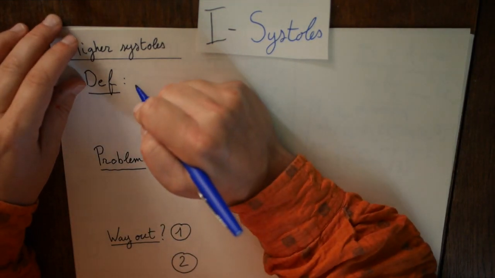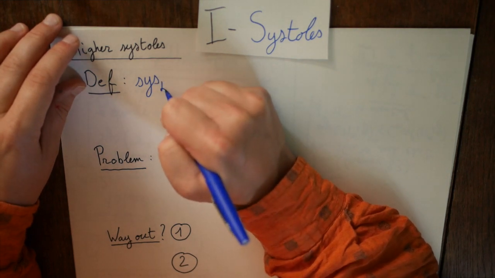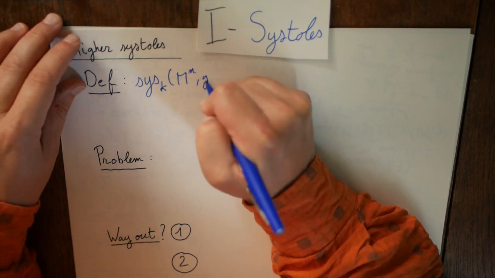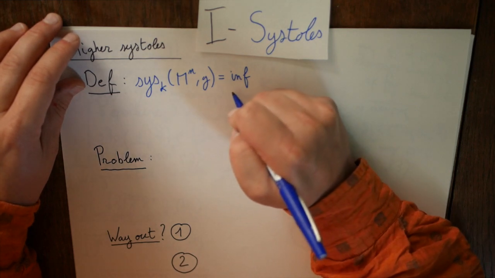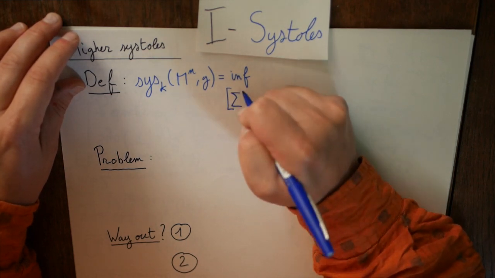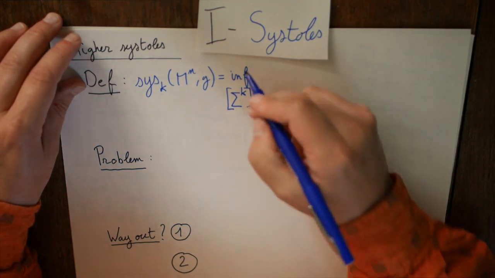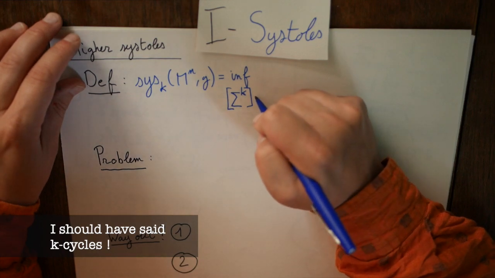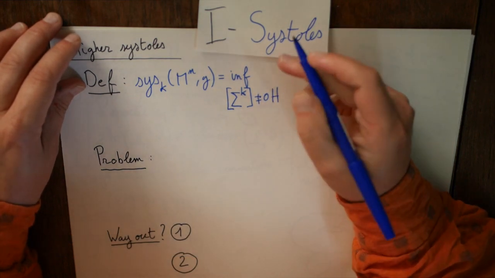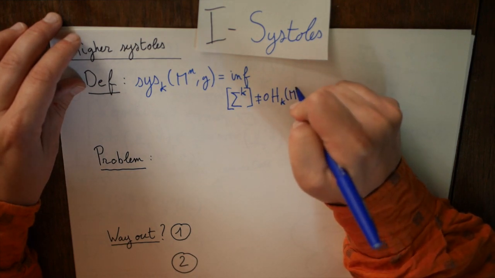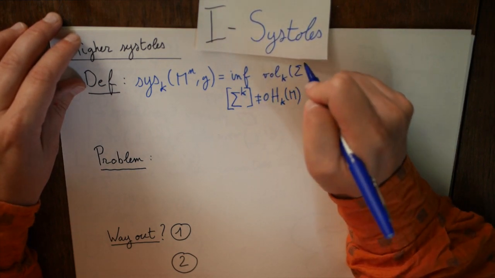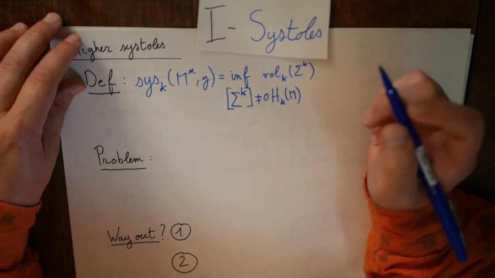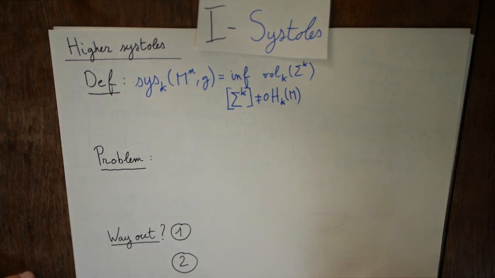So the definition is the following. The k-systole of a Riemannian manifold (M, g) is equal to the infimum over all submanifolds Σ^k of dimension k, which are not zero in H_k(M), of the k-dimensional volume of Σ^k. So the definition is intuitive